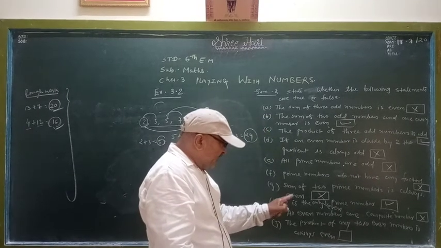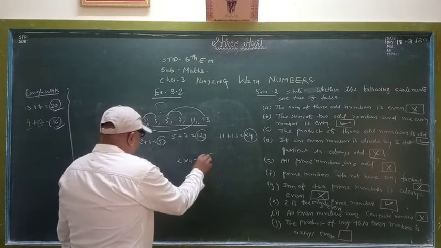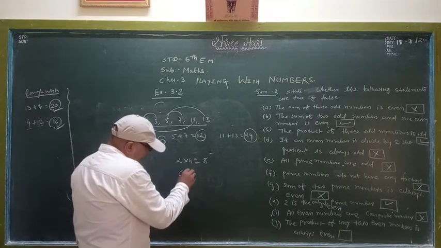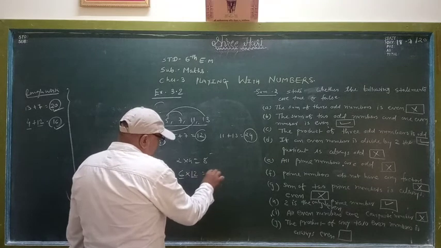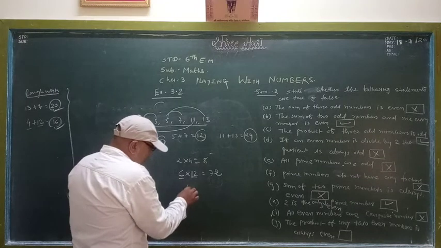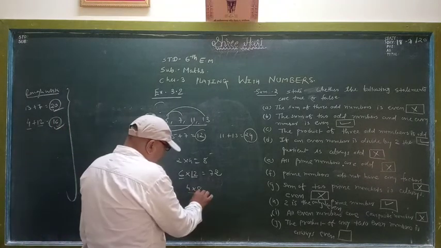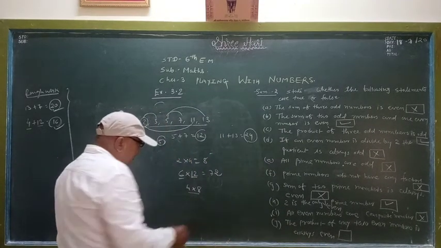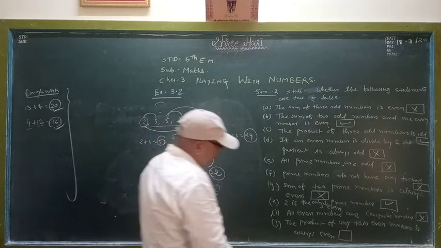The product of any two even numbers, we can say here 2 times 4 is 8, both are even. Now 6 times 12 is 72, even. Take any example, 4 multiplied by 8, we have told here product means multiplication. 4 times 8 is 32, even, all are even, so it is true.